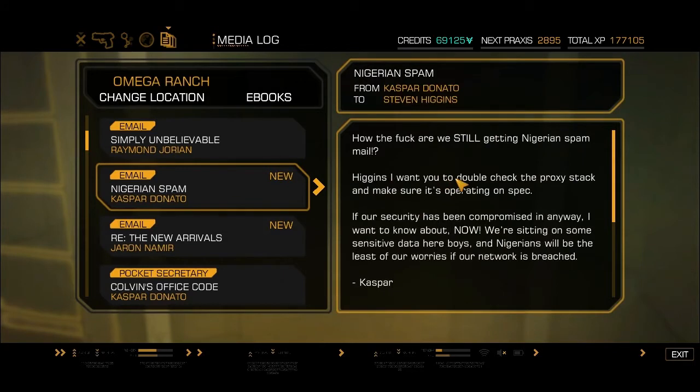And we got a couple new emails here. Nigerian spam. How the fuck are we still getting Nigerian spam mail? Higgins, I want you to double check the proxy stack and make sure it's operating on spec. If our security has been compromised in any way...